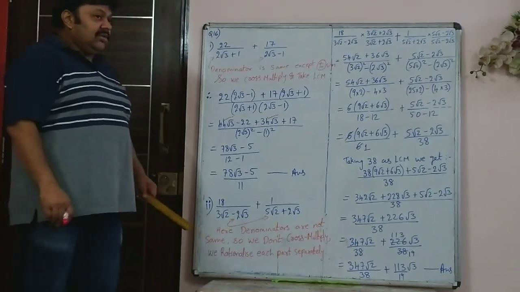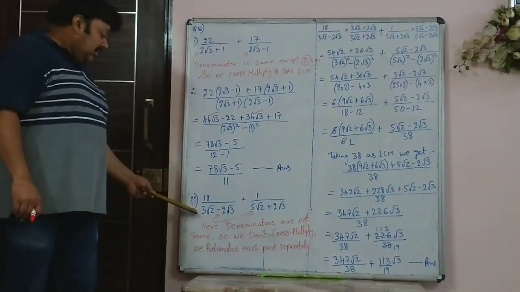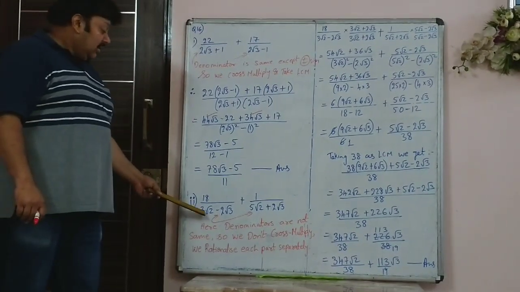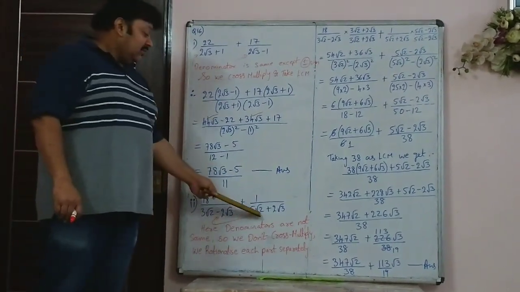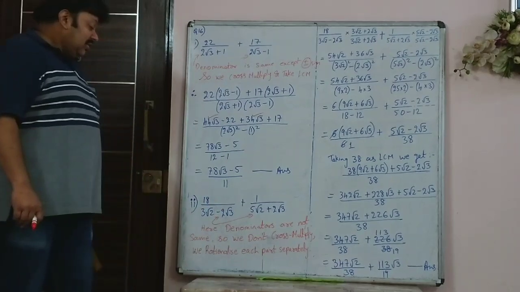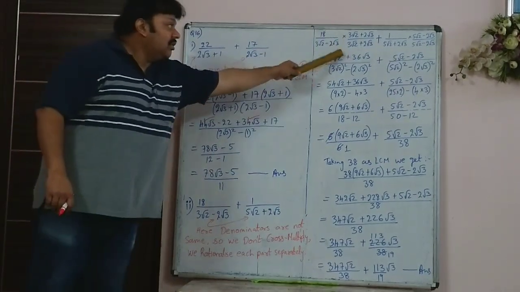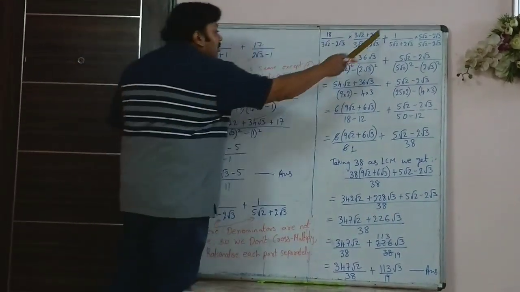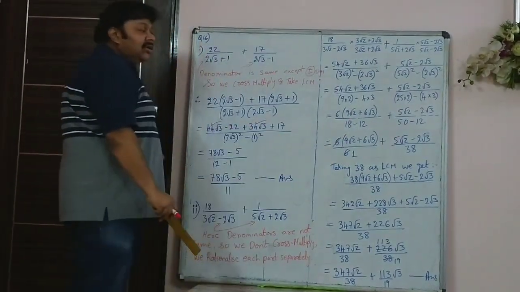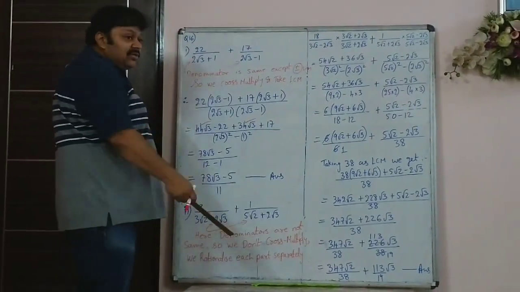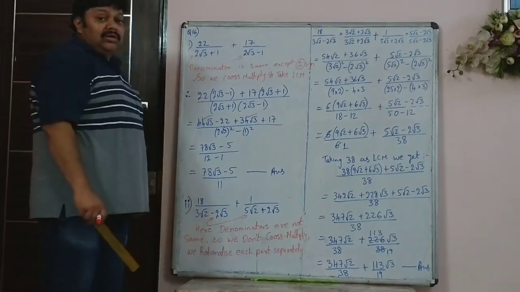Now, next question, you can't do what you did here. That is, you can't cross multiply because the first term has denominator 3 root 2 minus 2 root 3. The number is not the same here. Second term is 5 root 2 plus 2 root 3. So since the numbers are not the same, you will have to rationalize this term separately like this and rationalize this term separately like this, solve it, then take the LCM and cross multiply. You cannot cross multiply first itself, as then the denominator will not become free of root terms.